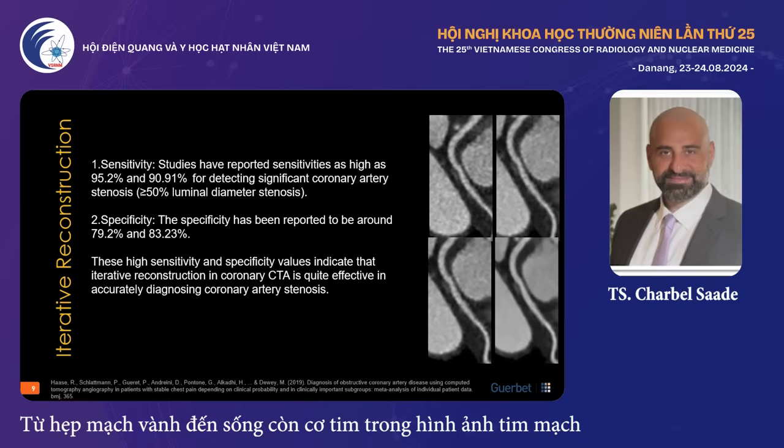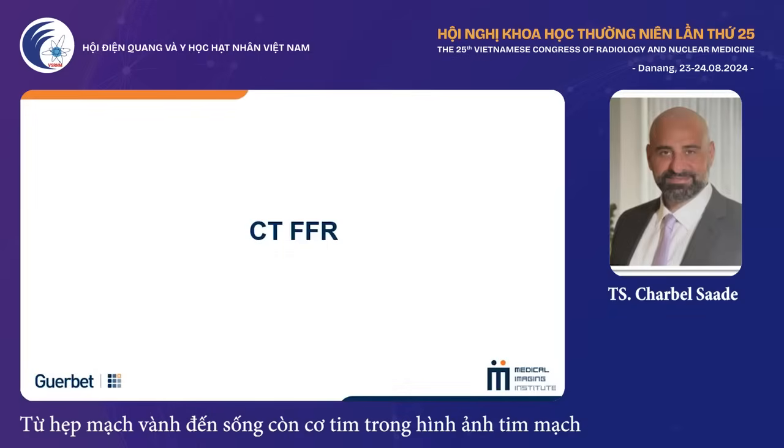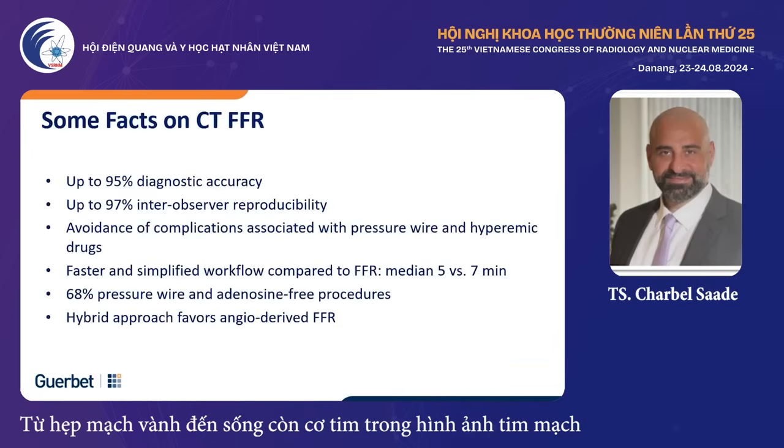coronary artery stenosis. We've started to move away from coronary artery stenosis in its terms, and now we're starting to look at CT-FFR. Flow reserve has a 95% diagnostic accuracy. It has a 97% intra-observer reproducibility. It does avoid a lot of complications associated with pressure wires and hyperemic drugs. It has a faster workflow, 5 versus 7 minutes, 68% pressure wire and adenosine-free procedures, and hybrid favors angio-derived